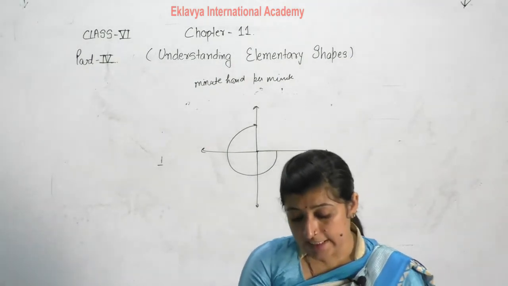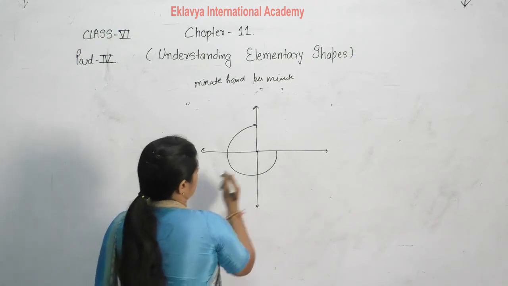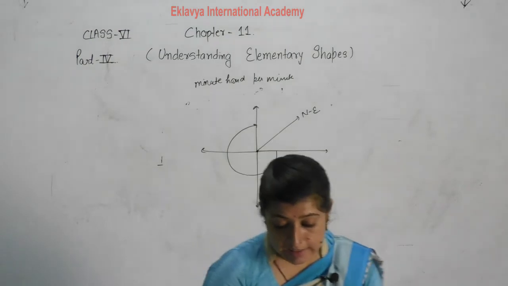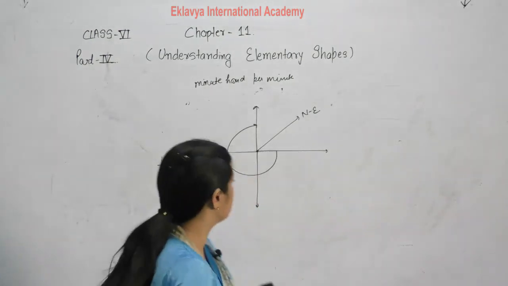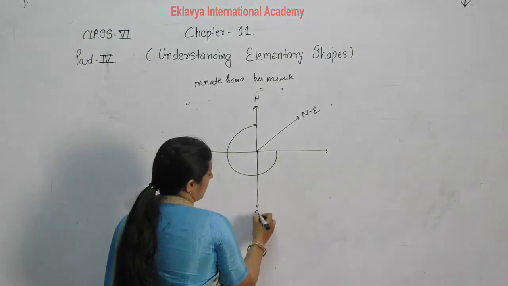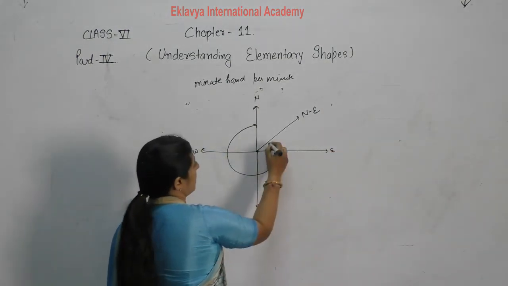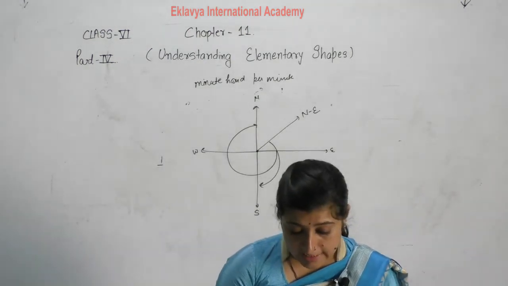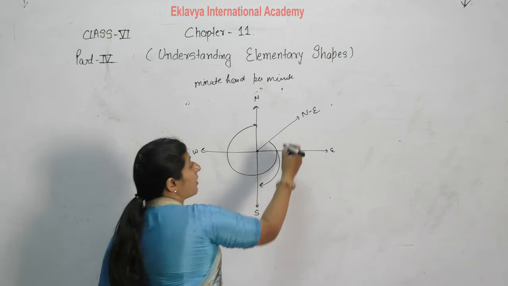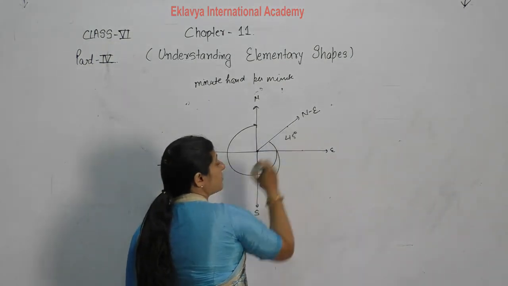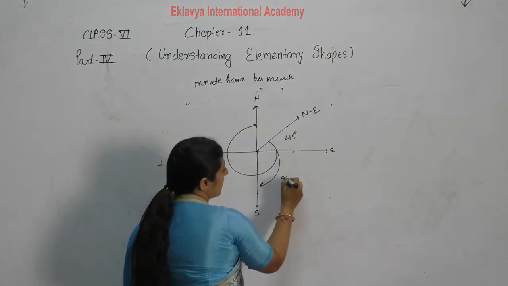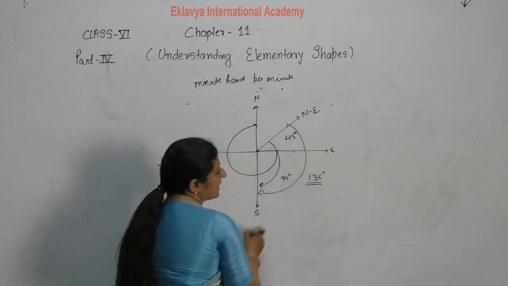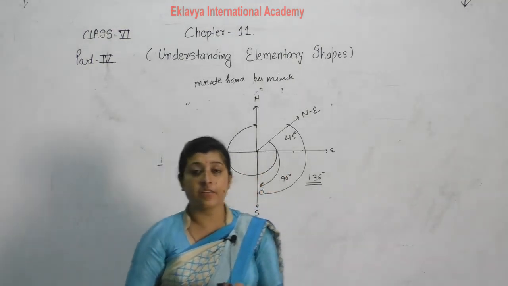A boat is sailing northeast. एक बोट है जो नॉर्थ ईस्ट डायरेक्शन में सेल कर रही है. A little later it is found sailing south. North, south, east, west. Then here in the south direction, through what angle has it turned? Okay. Between the north and east there is an angle 45 degree. East and south there is an angle 90 degree. Then what is the angle between this? 90 plus 45 degree, that is equal to 135 degree.